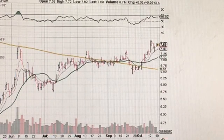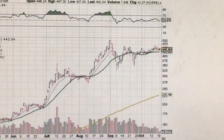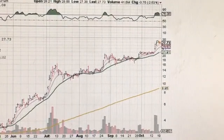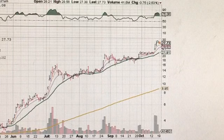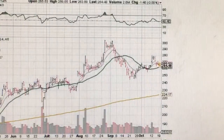Where's Ford? Still creeping up. Where's everybody's favorite Tesla? Where's NIO? Still hanging in there. I'd be taking profits in that one. Yeah, Facebook's on my buy and hold, but I also swing trade it. I'm in that right now. It's very disappointing. These ass clowns are...